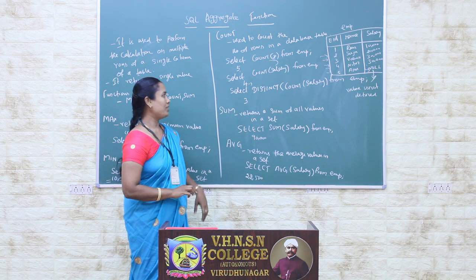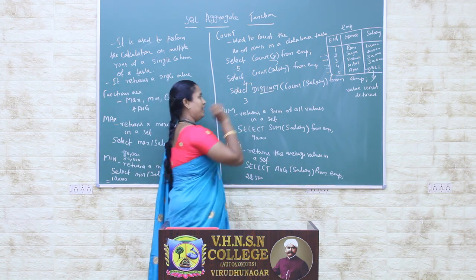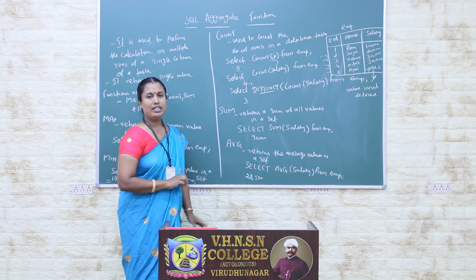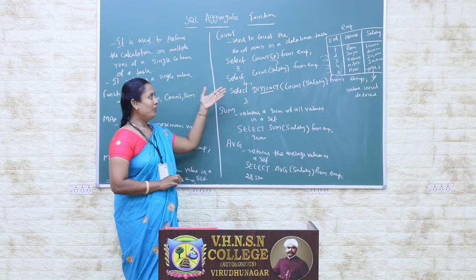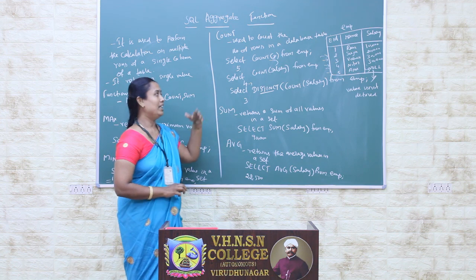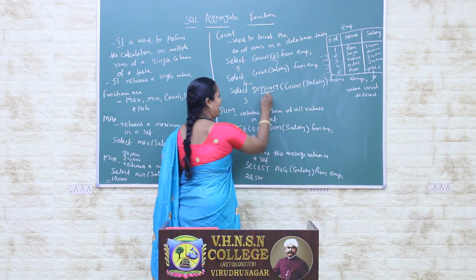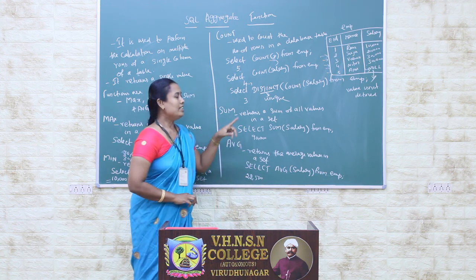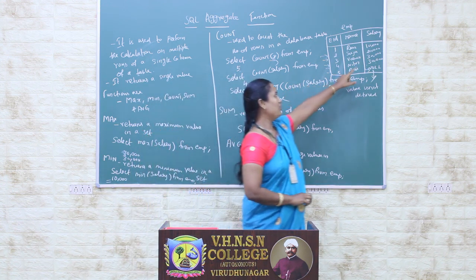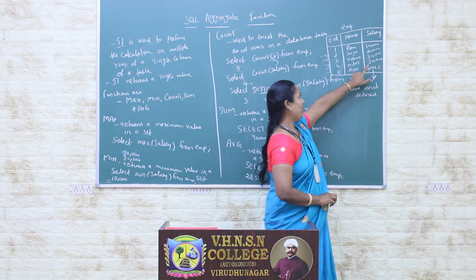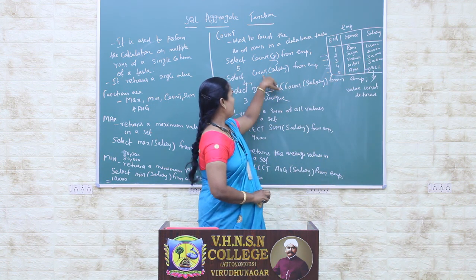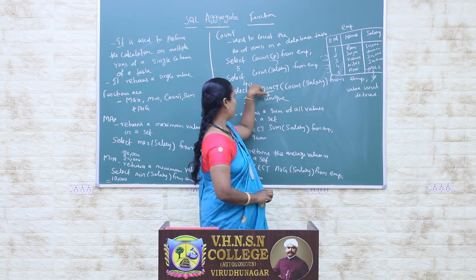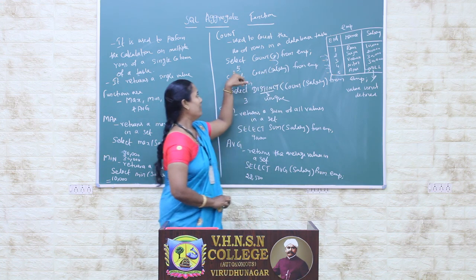Then one more option is possible, the distinct keyword. What is the use of distinct? Before, when we applied the count function, it counted how many rows there were. But distinct means uniquely identify the rows. What is unique here? In this salary column, the value 30,000 appears 2 times. Whenever you use count of salary, that produces 4 rows. Count of star produces the value 5.